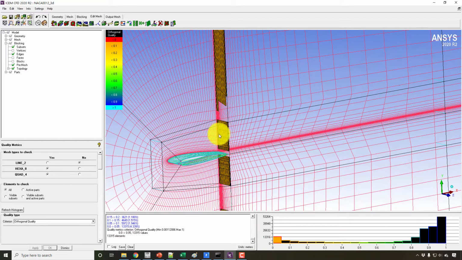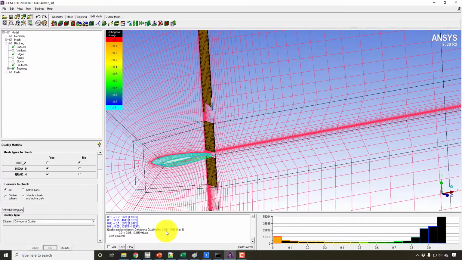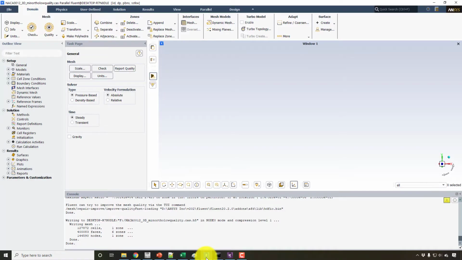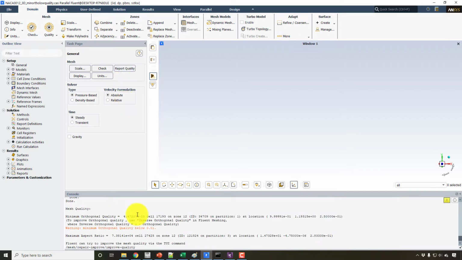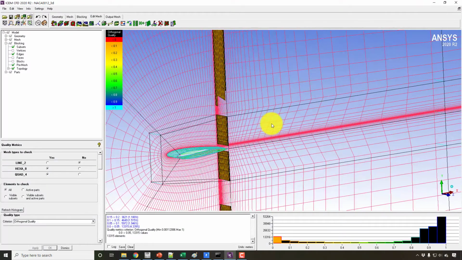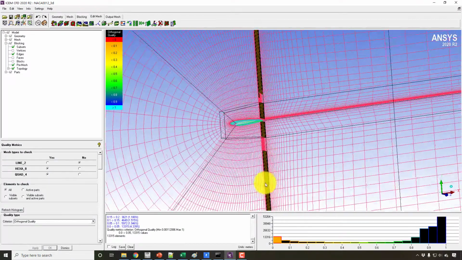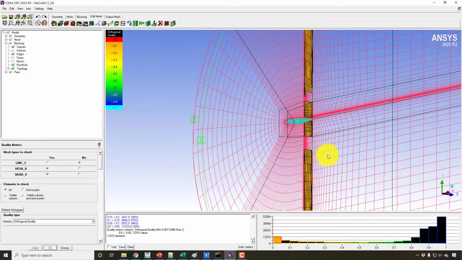I have modified the mesh a little here. It is again 0.001 here, while in Fluent it is 0.004. If you click on report quality, it's 0.004. Here it is 0.001.